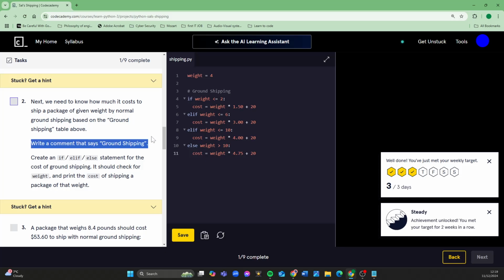So write a comment that says ground shipping, create an if else statement for the cost of ground shipping. It should check for weight. So these lines are checking for weight. It's a bit of a funny way of putting it. They're not doing anything active. They're not really checking for weight. But I suppose it's as if they are, because we're just saying,